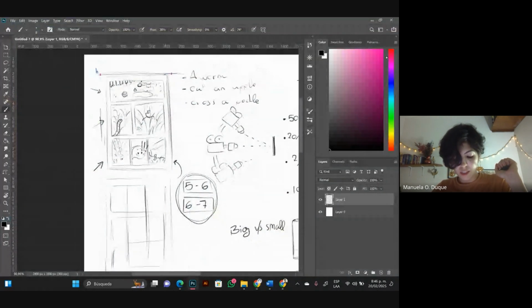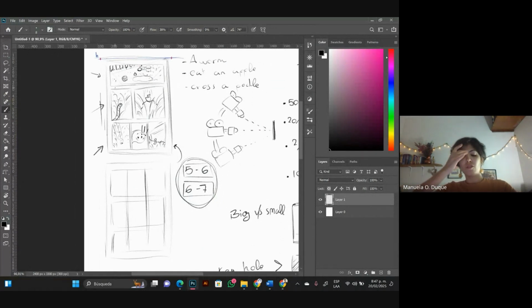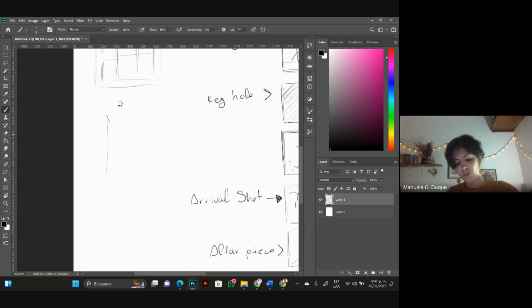So that said, let's go back to our worm. So again, as I was saying, because you could try many combinations of just how many panels you want and how you want them organized. And this is the whole point of doing the thumbnails, just reorganizing and organizing and reorganizing as many times as you need this page in order to find the best combination. And even if you have the same number of panels, this page could change a lot, because I could do, instead of with those same 6 panels,